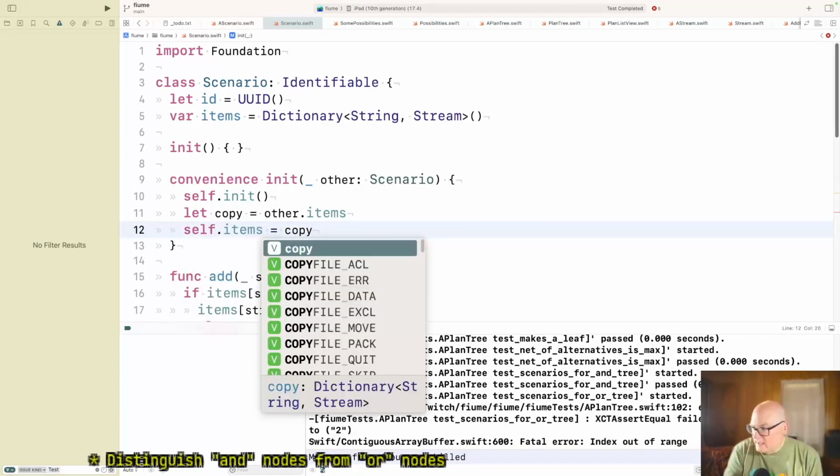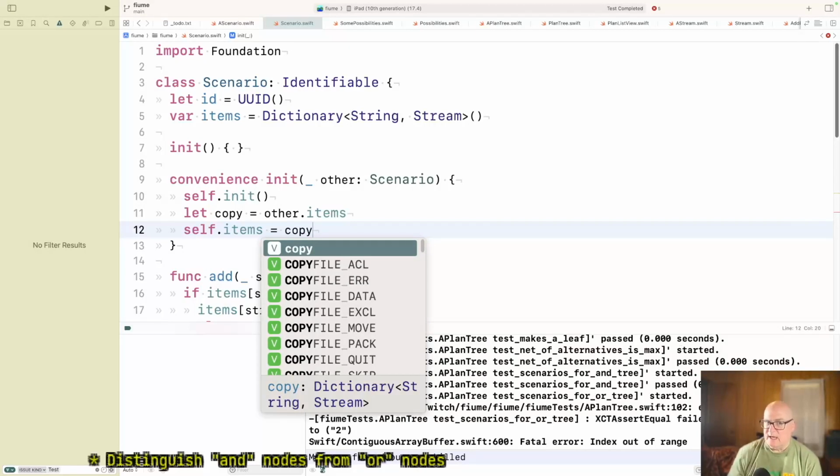I don't know if I have to do that. Yeah, I don't think we really need identity on those scenarios per se. I don't even know if they're structs. But I think you're putting in a bunch of scenarios and you're getting out a set of scenarios, and if somebody reused one or they threw it away and they gave you a new one that looked identical, you shouldn't really care.